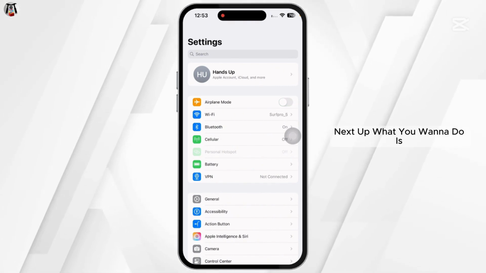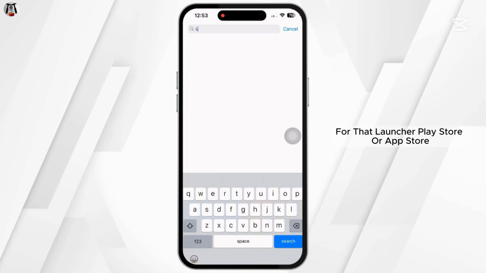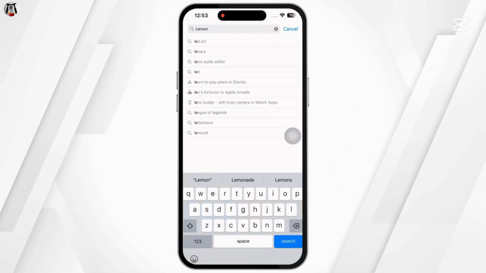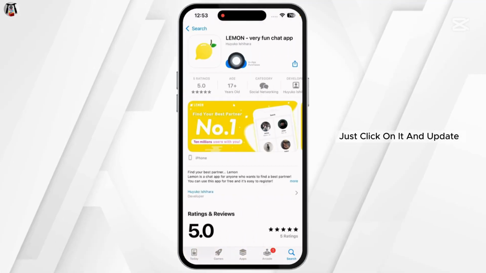Next up, what you wanna do is update your Lemon8 app. For that, launch your Play Store or App Store, search for the app Lemon8. After the app appears, if you find the option of update, just click on it and update the app to its